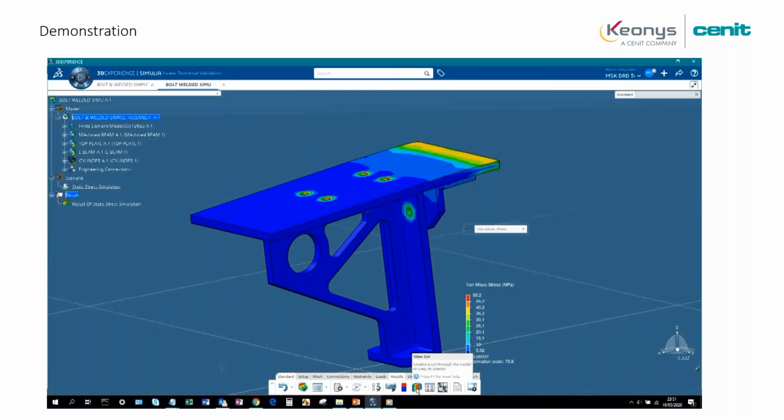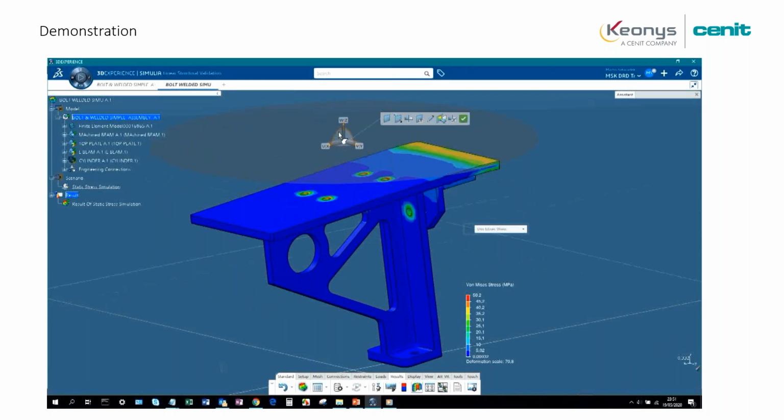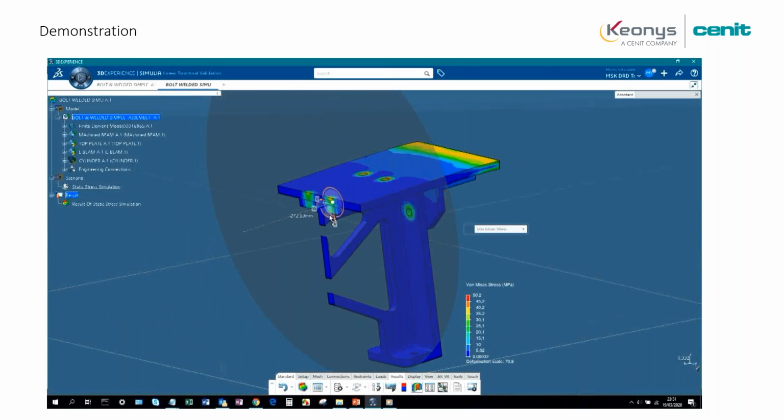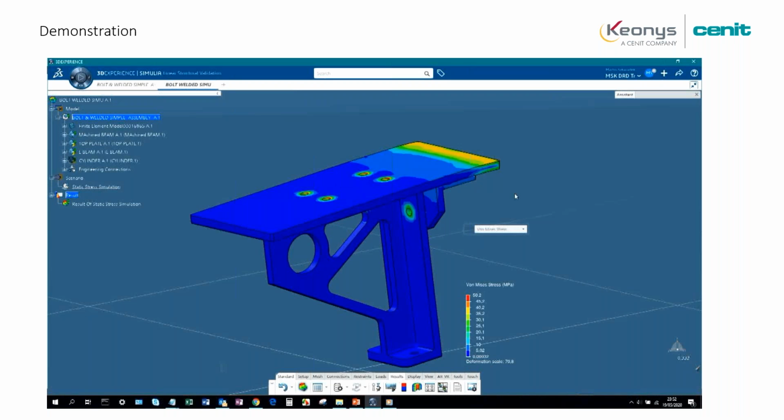So you have an environment to look for the result where you want to see the result, and it's quite easy here with the compass tool, just to make a cutting plan for the visualization. Sorry. So it's very interesting if you want to look into the assembly, if there is another constraint part or another stress somewhere.